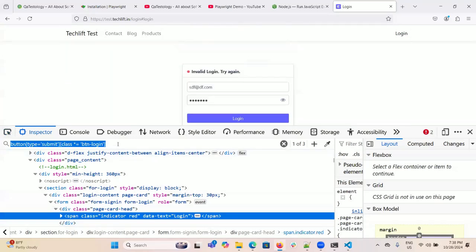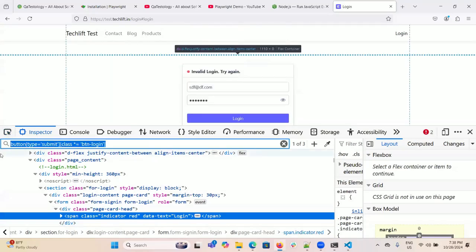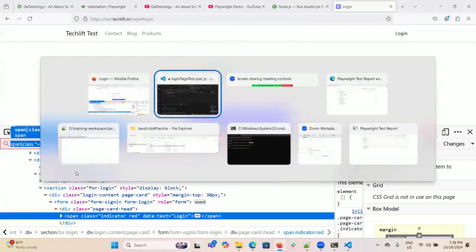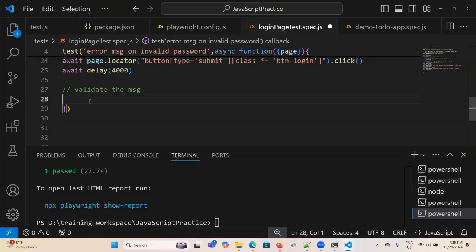Okay, let's check it. We can write the CSS selector for this span where class contains indicator, and class also contains red. Yes. Spelling mistake. Class. Enter. I think this will work. So let me copy this and go back to the code. And we will say